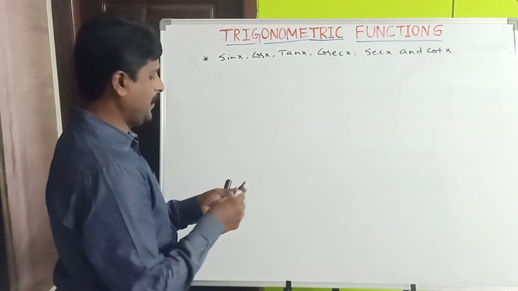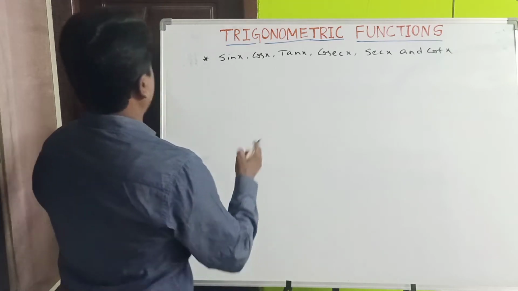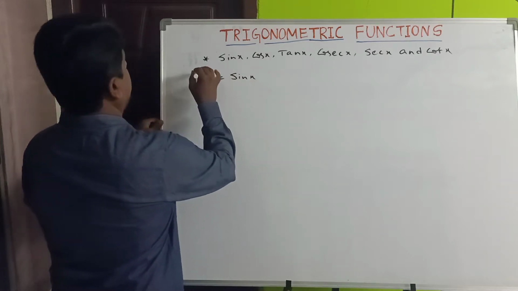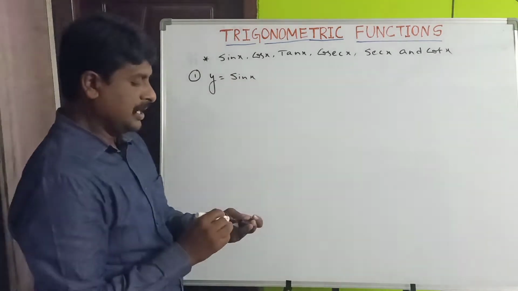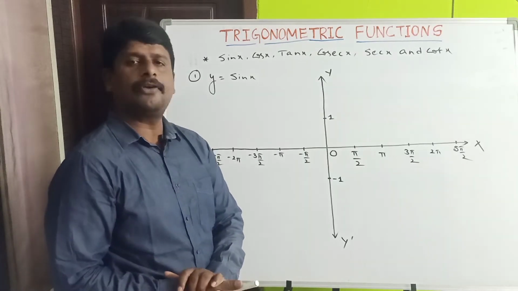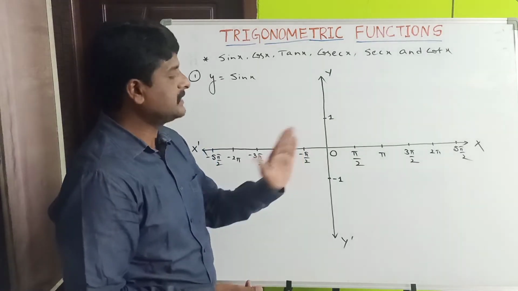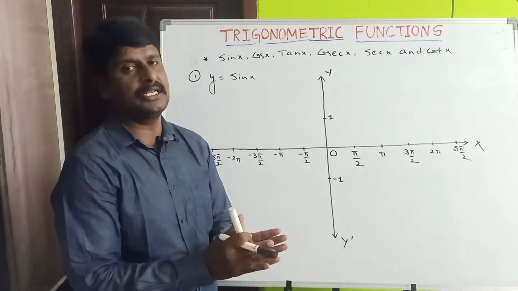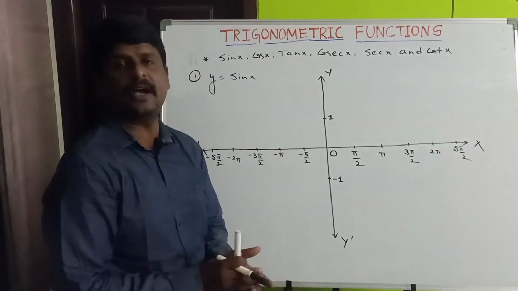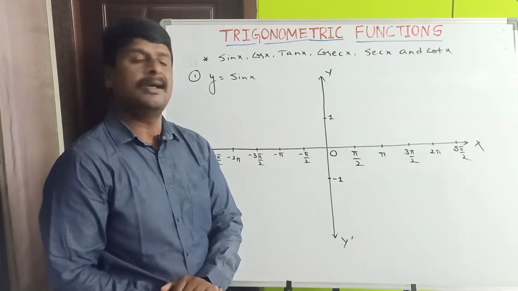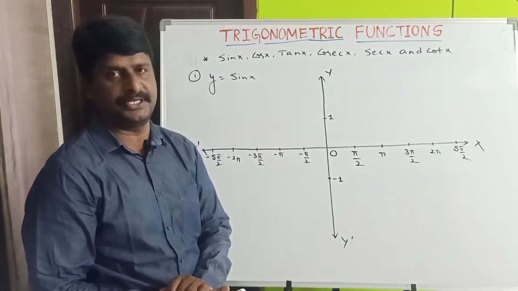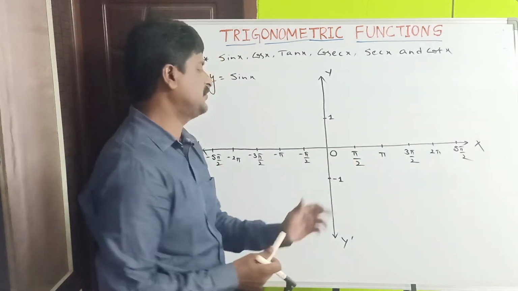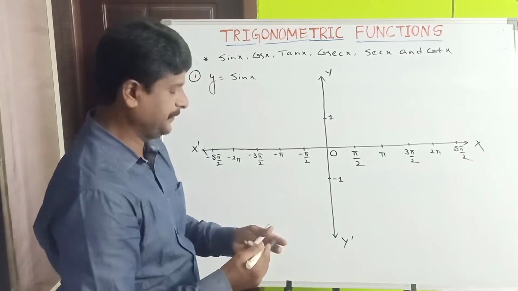So let us discuss y equals sin x first. This is our first graph. To draw the graph of y equals sin x, let us consider some angles on the x-axis, because only for a few types of angles do we know how to find the sin x value. For our convenience, I am taking angles which are multiples of 90. Of course, we can also take some other values, but for convenience, we are taking only multiples of 90.